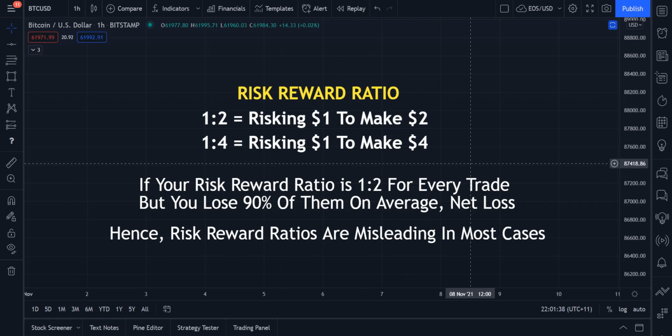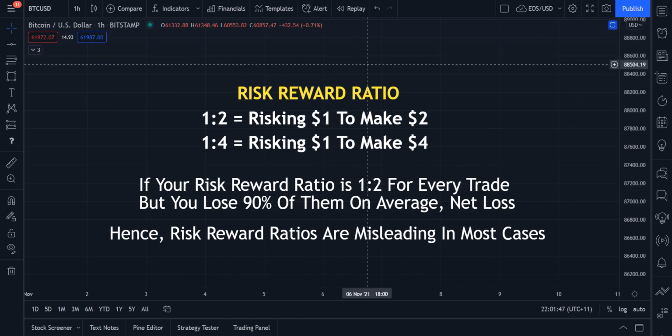And on a surface level, the higher the second number is, the more reward you're gaining in exchange for your dollar, right? And you'll see this on trading signals. For example, sometimes on my Twitter, I'll release a trading signal or something similar, and I'll add 1: something at the end, depending on what the trade is. So if I think something is going to go up 30%, my take profit is at 30%, but I have a stop loss 10% lower. That would be a 1:3. So for every $1 I'm risking for that stop loss, I'm standing to gain $3.